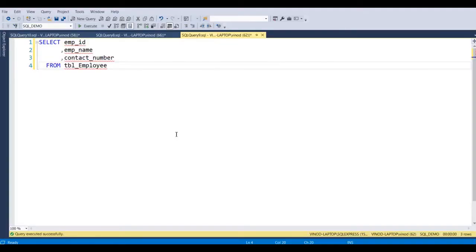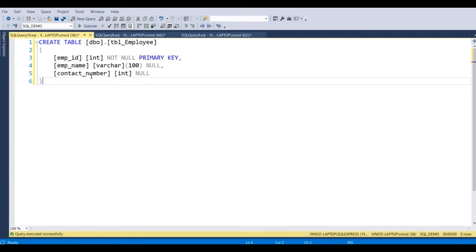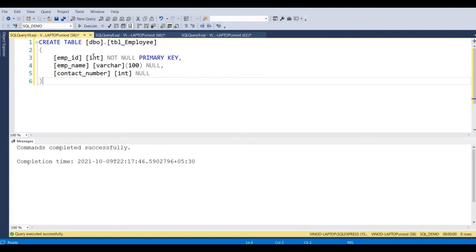Now let's see how this works practically. To understand this, we will start with a table which has a primary key column. Okay, so let's execute this. Our table is created, it has a primary key column.